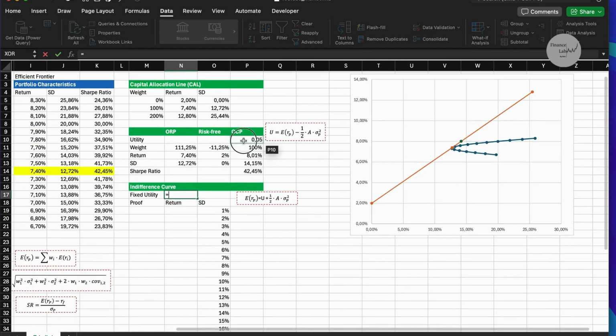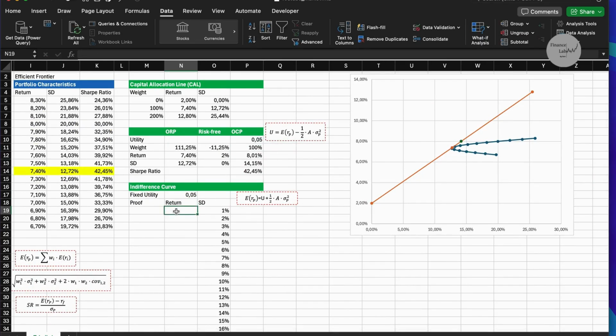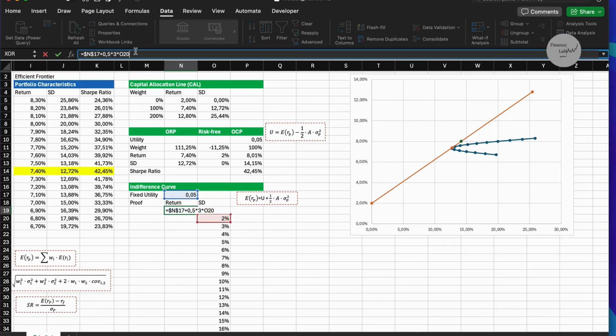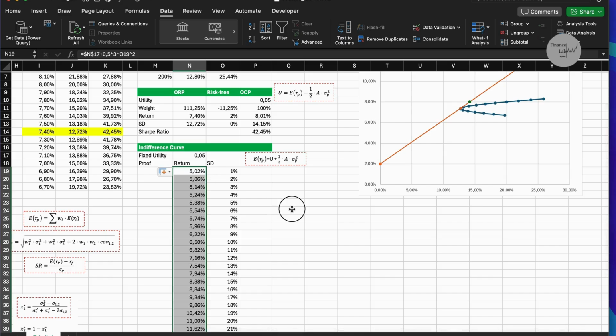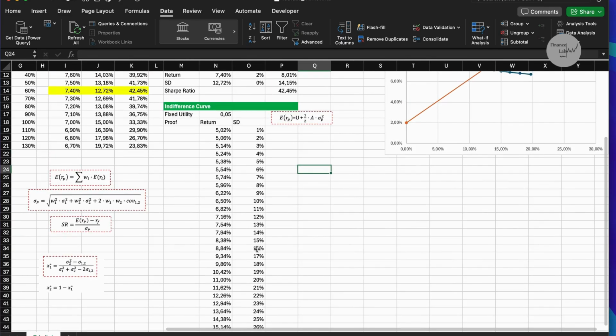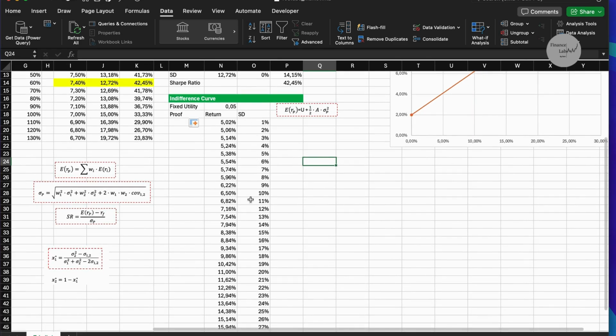The utility is this one, and the return, this is what we want, is the utility. Now this is fixed. Okay, perfect. Plus 0.5 times A was 3 times the standard deviation, so this is 19 and squared. Now we can just double click on this one to compute all the portfolio returns for this given standard deviation